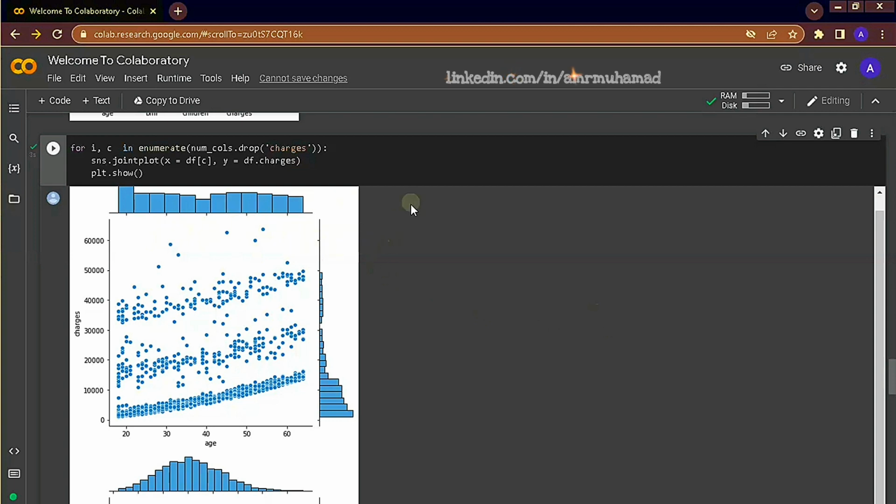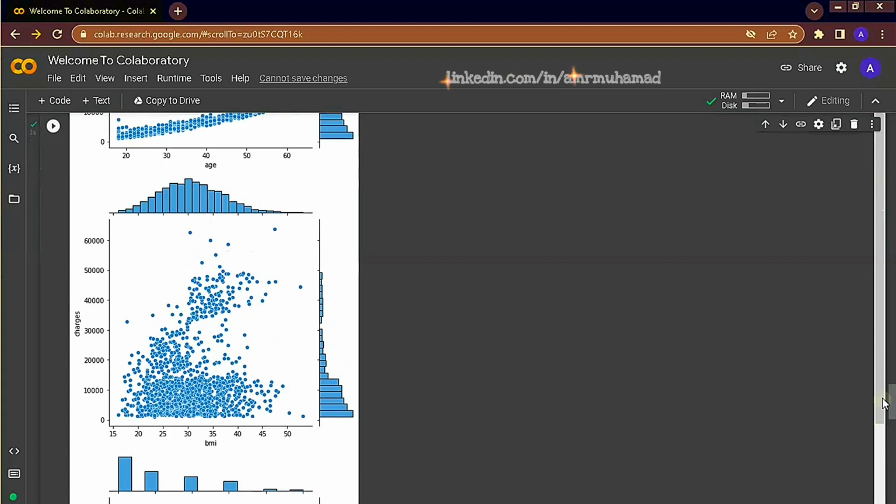Joint plots display the scatter plot where the variable is on the x-axis and charges on the y-axis, as well as the histogram. What we can observe from this scatter plot is that there are 3 distinct groups of customers. Those that are denoted by these data points, this middle portion, and lastly the upper portion. So one thing to investigate is why there are 3 distinct groups. When we look at BMI, for example, we can see also that there are 2 distinct groups, those having smaller charge values and those having a higher charge one.